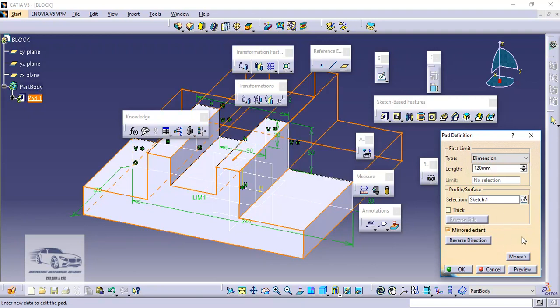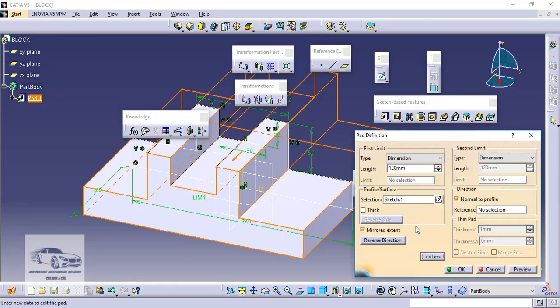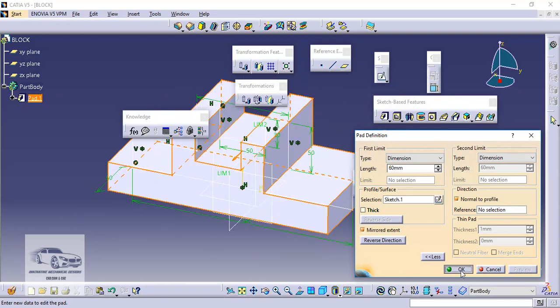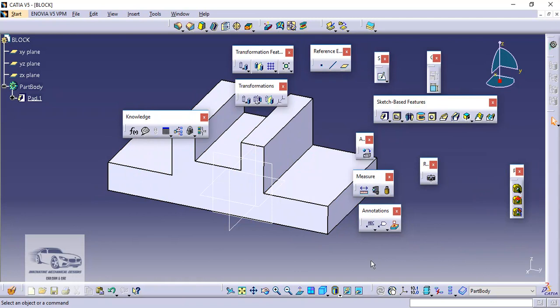Now in mirrored extent, 120 mm of material will be added in total across both sides of the sketch, so we have to maintain a total of 120 mm material. So here I will take 60 mm. Then preview, OK. So we can go by either method in this particular model.